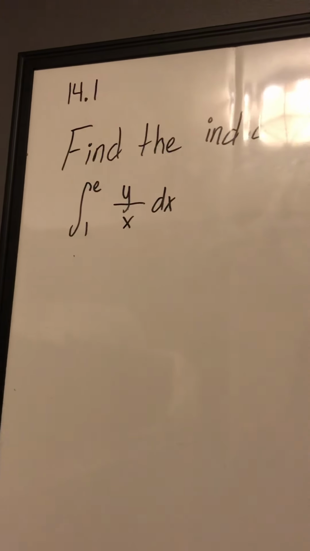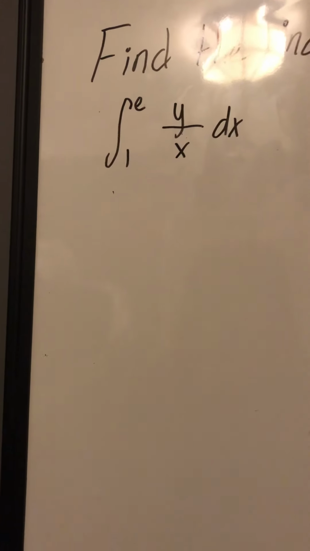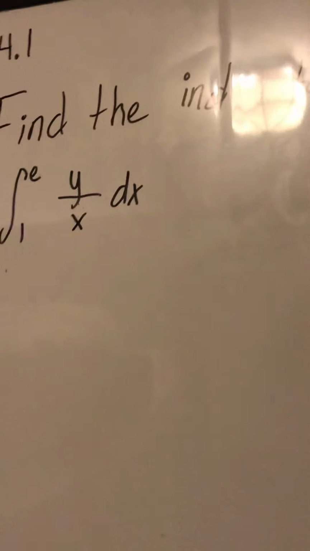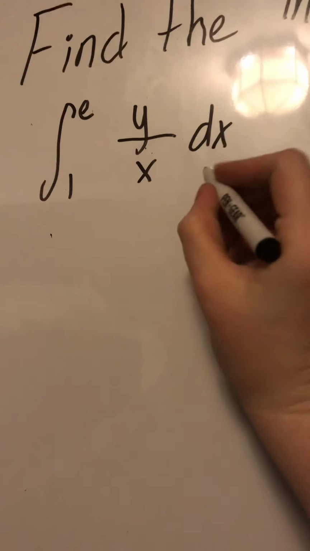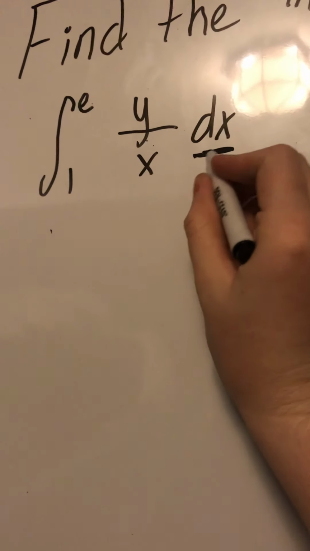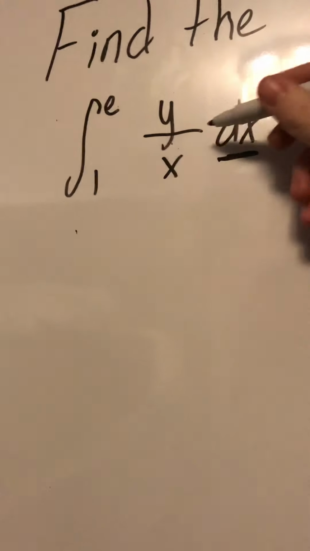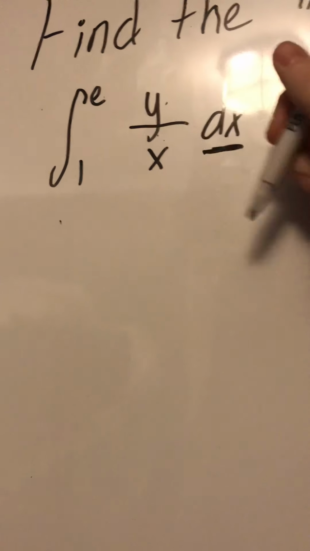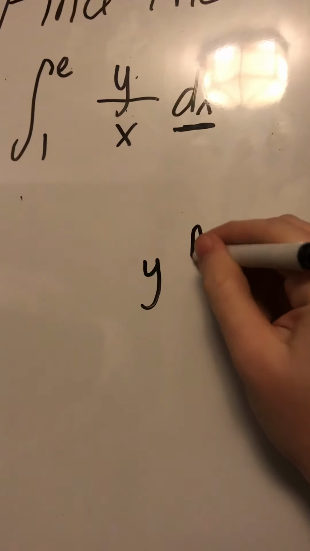We are currently going to be finding the indicated partial integral. Our integral is the integral from 1 to e of y over x in terms of x. And for partial integrals, we're only integrating in terms of one variable, so we're only integrating in terms of x. So we're going to be treating this y as a constant,